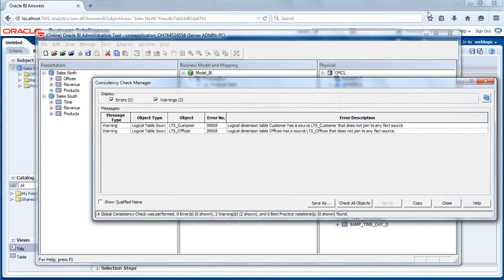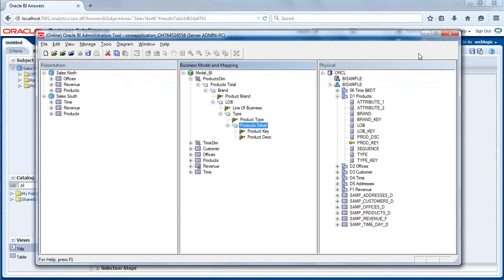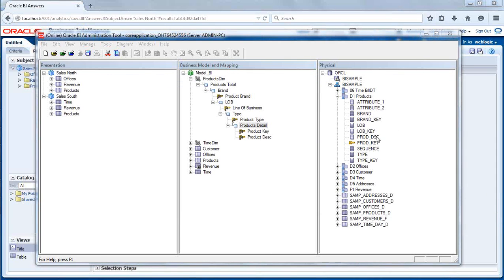Okay, so I think there is a question somewhere. When we create a product key in product description, it's creating like a product key plus. Yeah, I mean, it's kind of